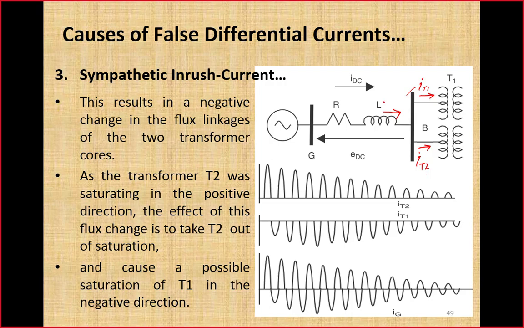But here this net current IG supplied by the generator, this current is available in positive cycle as well as in negative cycle. Due to this reason, the current will become symmetric about the time axis and almost sinusoidal. So harmonic contents in this current will reduce and there will be no second harmonic or even harmonics present here. So harmonic contents reduce here in this current, and second harmonics or you can say even harmonics will disappear. Due to this reason, now the nature of these two individual inrush current and current supplied by the generator is completely different from each other.